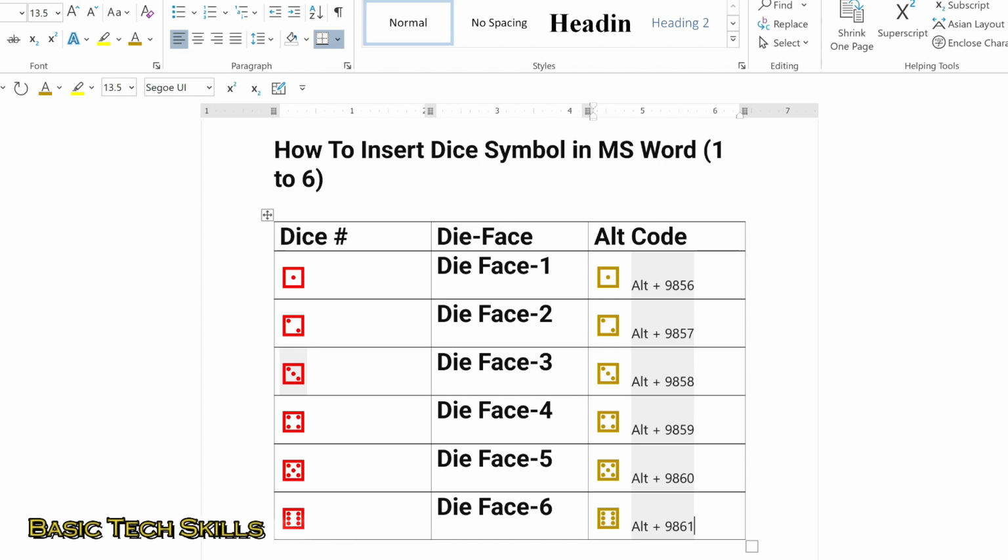So for your convenience, I have inserted all the Alt codes, so you can take a snapshot or memorize them. So in this way you can easily insert die symbol